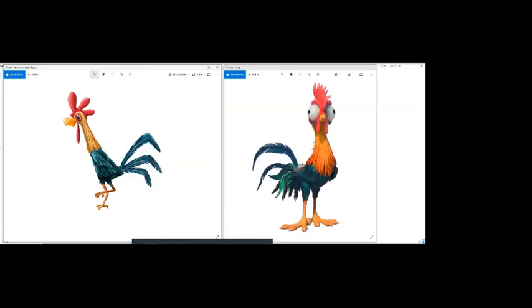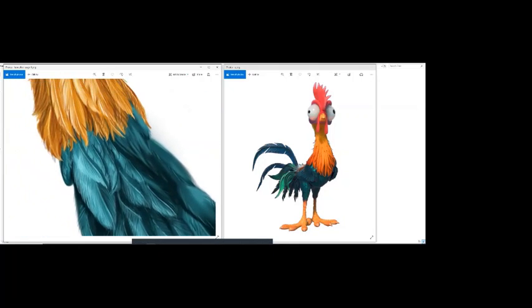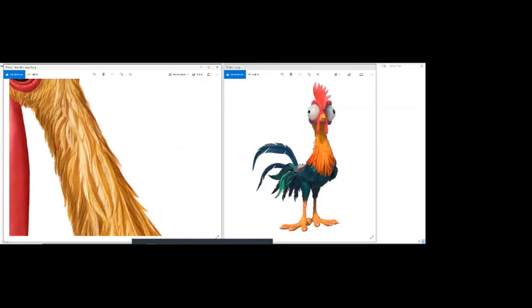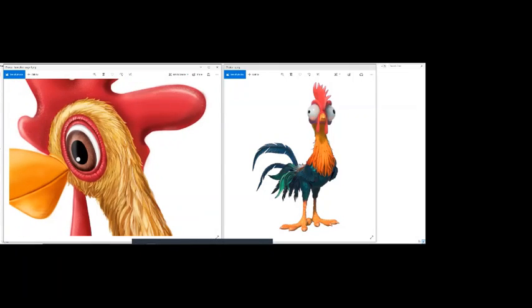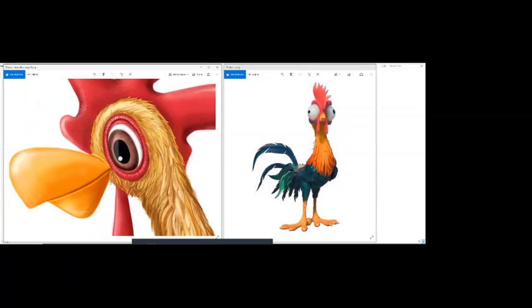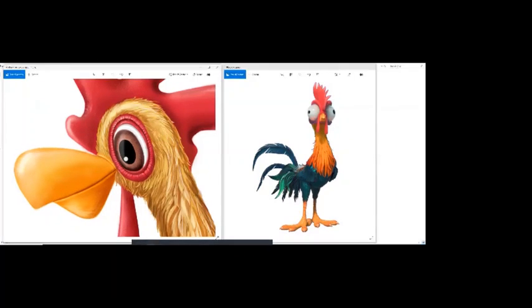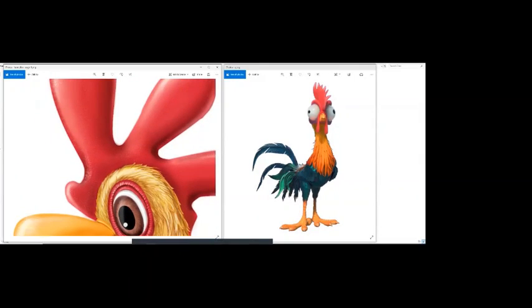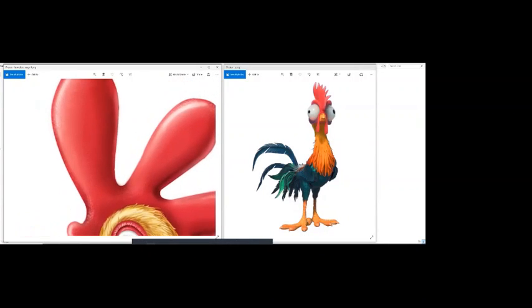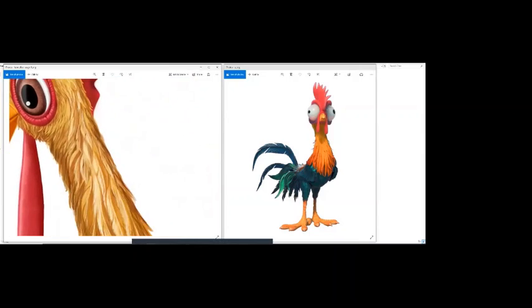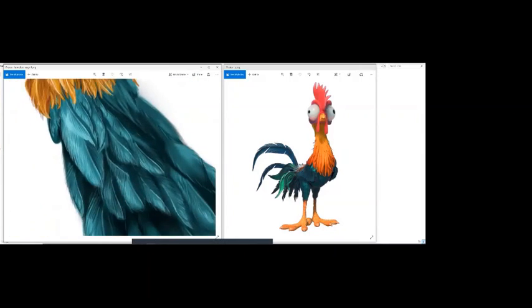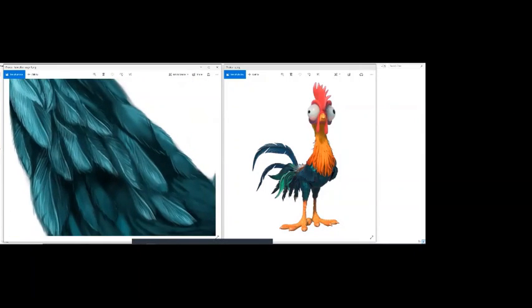You can see here the detail is coming, and you can see the detail of the eyes, detail in this. Now I put texture also, because here you can see the texture is there, right? I added the texture, right? And once the texture is done,